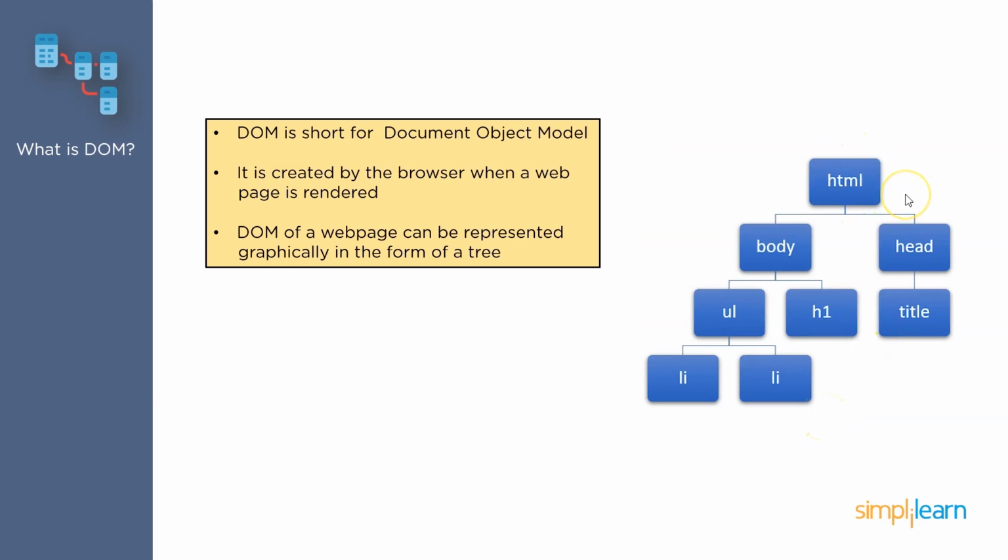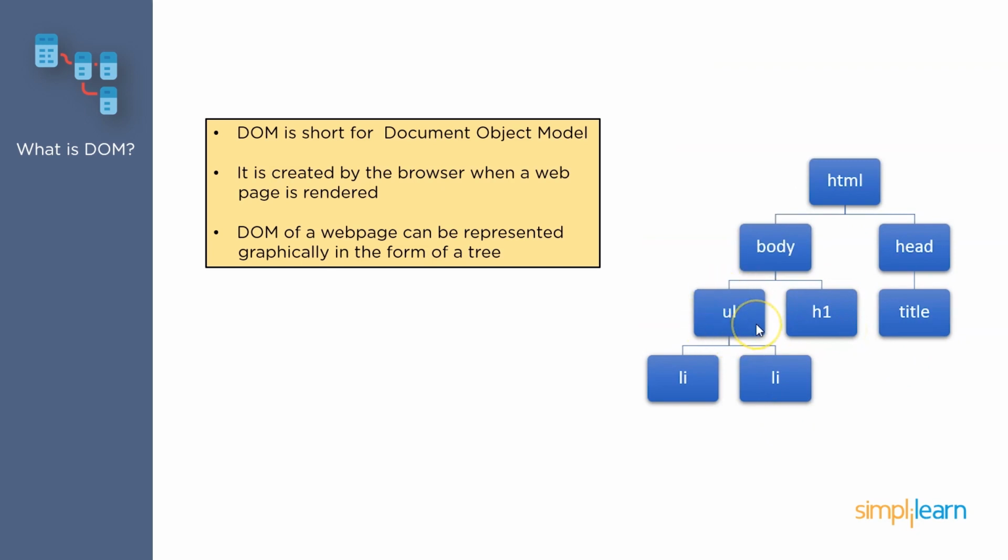So you can see this picture on my right, where you can see an HTML element, which will be the root or the parent element. And it has two child elements that you can see. One is the head, and then we have the body. Head consists of the metadata, like title. It also consists of script and style tags. And body comprises mostly of the content of the web page.